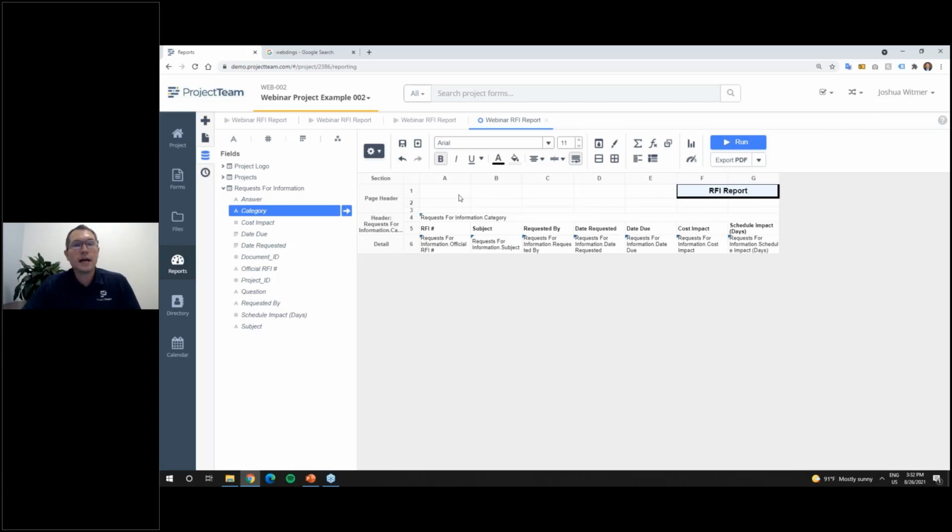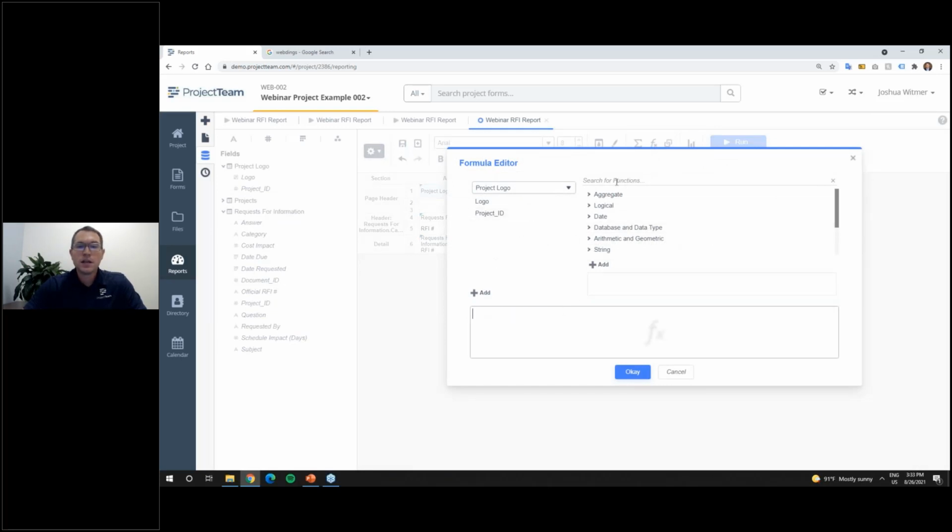Before I do that, I also want to add, let's say, my logo. If you remember, we added that project logo to this reporting category. So I'm going to join these 2 fields together just to give my logo a little bit more room to breathe. I can go into the left-hand side, project logo. To have logos or any images, we're actually going to need a little formula to add our images. So this is the first time we're going to go into this formula editor. If I just take logo and put it in there, this actually will not work. We need a little thing to tell the report, I need to load an image into this section of my report. So I'm going to go to the formula side